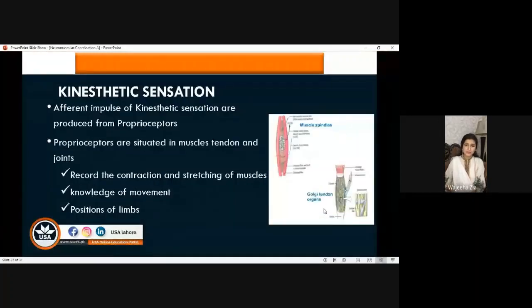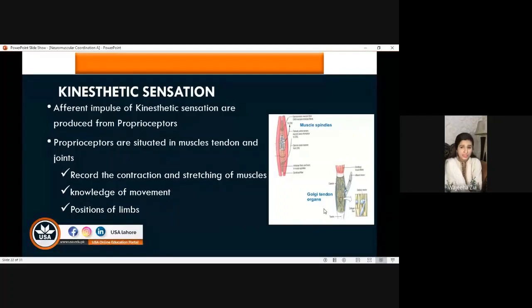The kinesthetic sensation. This is new for you. There are so many receptors in our body. You are familiar with the proprioceptors, or you can say the sensory receptors, which are the muscle spindle and the Golgi tendon organs. These are responsible for our position. If I close my eyes, I still know that my hand is closed. If there is no light, we can still move in our home. How? Because these movements and patterns are stored in these receptors, which are known as the proprioceptors.